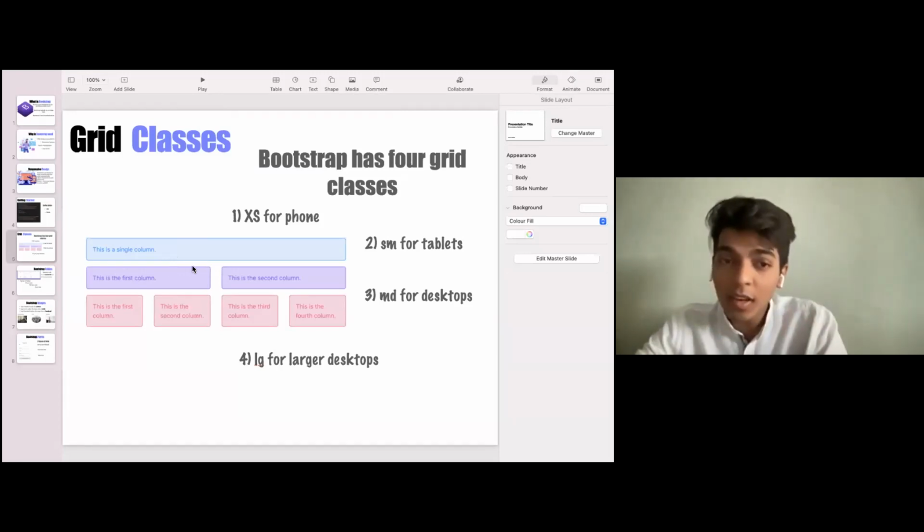So basically you can see the difference that it has already been given a padding, a margin, and a space, which is here. This is the first column and this is the second column, and there is already a space in between. As we go down, this is the first column, the second column, the third column, and the fourth column. This already has a padding and a margin, and it is completely and nicely visible. So this is what is done by Bootstrap.